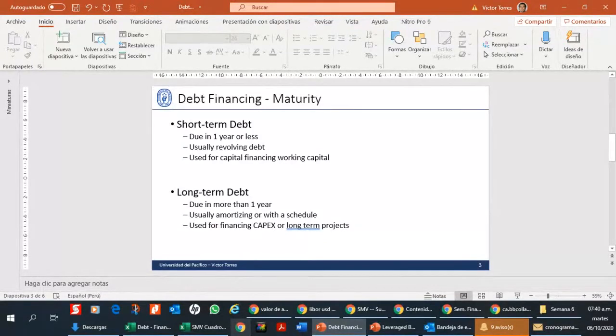What I wanted to point out is the uses of financing, right? And that's critical because it's important for our modeling. When you have a short-term debt, it's usually a revolving debt. The idea of revolving debt is a debt you pay and then get financing again, the same or a similar amount, in order to finance your working capital. And when I say finance the working capital, you know that the days of accounts receivable plus the days of inventory are probably going to be higher than the days of accounts